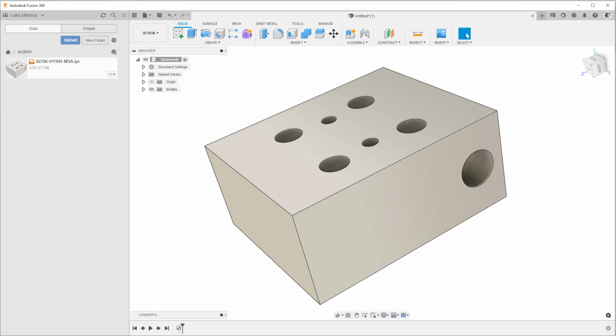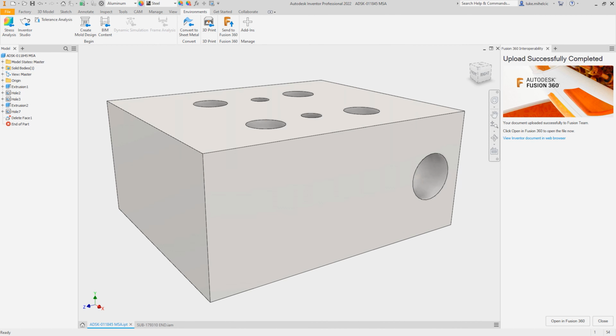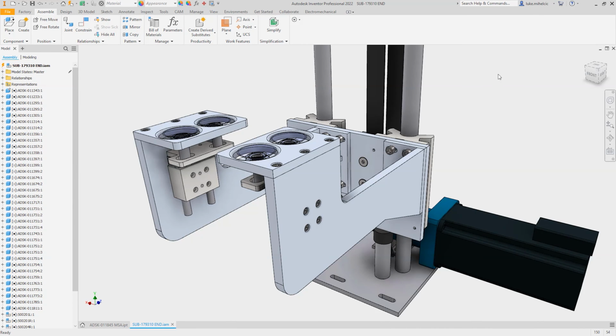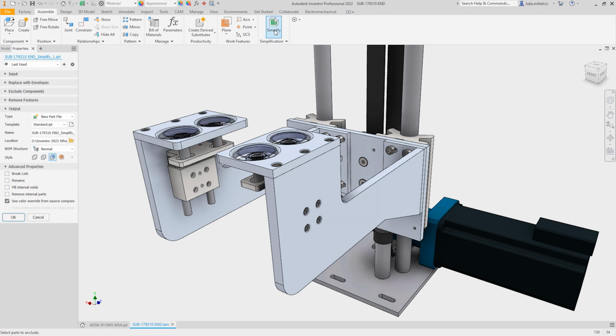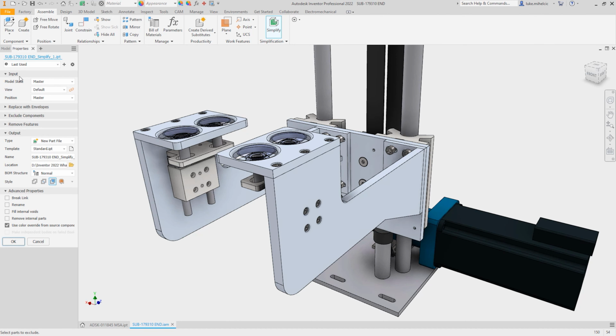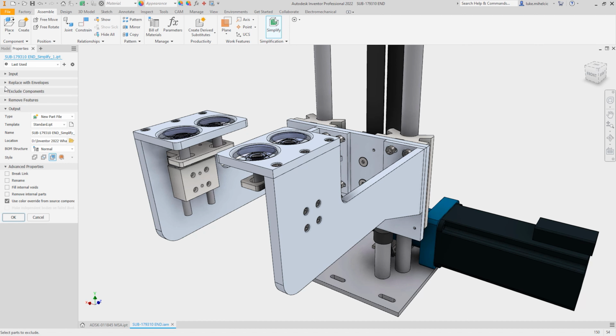So the next thing I want to show you is that trick I talked about, where let's say you have an assembly and you want to take this over to Fusion 360 as a part. Those of you that know Inventor know that we can either create a multi-body part from scratch, creating our extrusions and all of our features as independent bodies, or I can take an assembly and simplify it. Using our simplification tools, I'm going to use my default model states. I can include and exclude components, so it's a nice feature to have here.